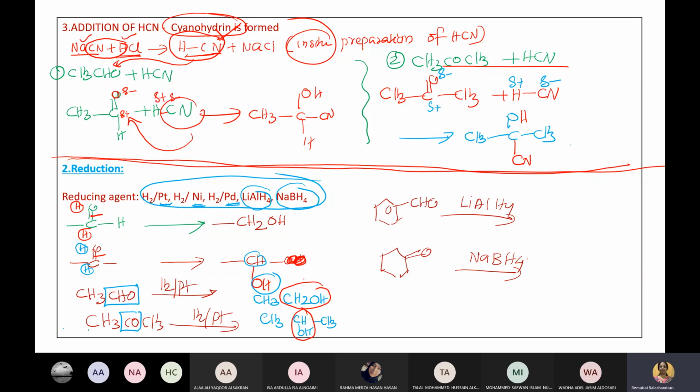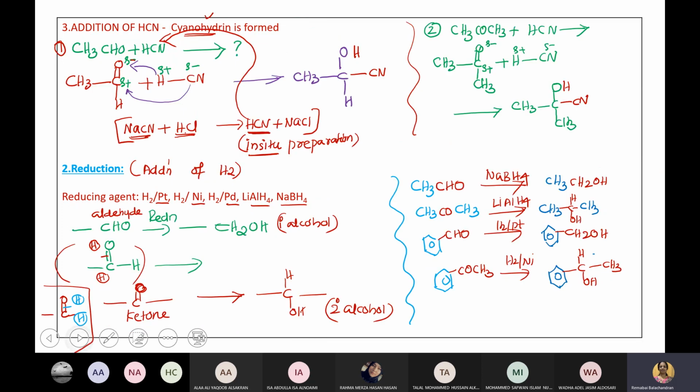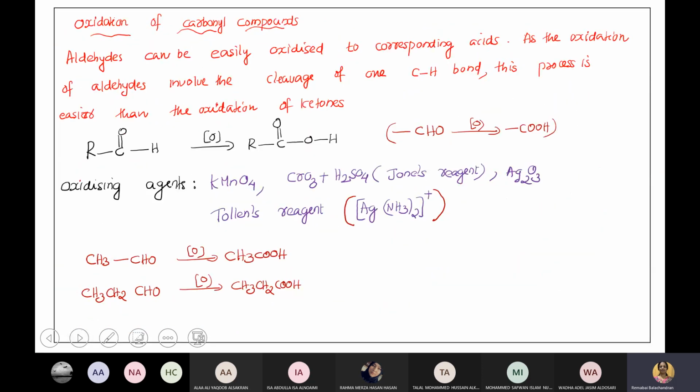Okay, similarly here also, tell me, CHO will become, come on, CHO will become? CH2OH. CO will become? CHOH. Or CHOH, but we don't show that H there. H is there on this carbon, so since it is cyclic, we don't show that. Okay, then that's okay. Next is